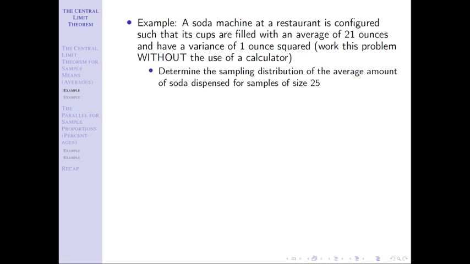So I'm going to call us out to do it, and we're going to say, okay, how do I do that? How do I know what a sampling distribution is? Well, we're talking about average amounts of soda dispensed. Since we deal with averages, that means we're going to be looking at the distribution of X bar. You say, wait a minute, why do we not talk about the distribution of mu? Well, remember what a sampling distribution is. It is the distribution of a statistic. So I know I'm dealing with sample averages. It tells you in the problem, samples of size 25. So there are lots of clues here to tell us we're dealing with a bunch of X bars.